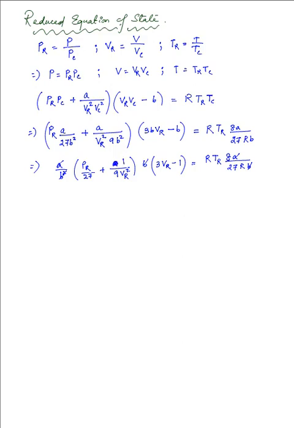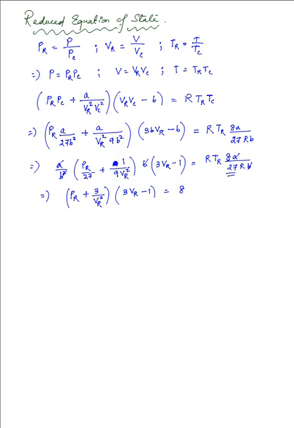We have clearly got rid of those constant terms that we had. Now this 27 over here can get multiplied to the other side, so we'll be having just PR over here, 27 multiplied to that, and for the second term we'll be having a 3 over there divided over VR squared. So this is the first term, and for the second term we have 3VR minus 1, and on the right hand side we just have 8